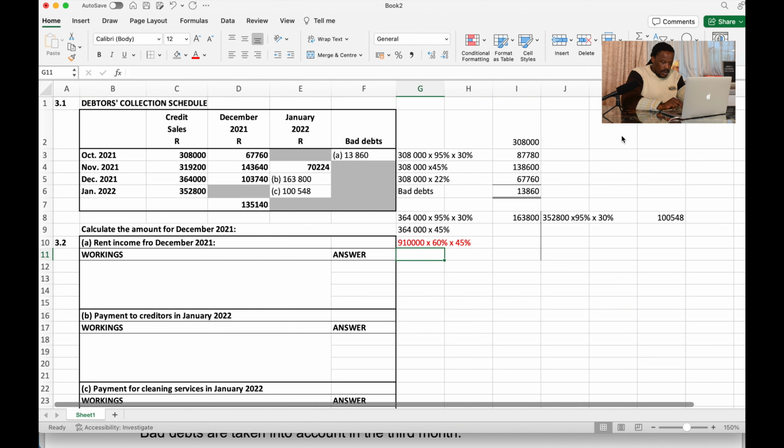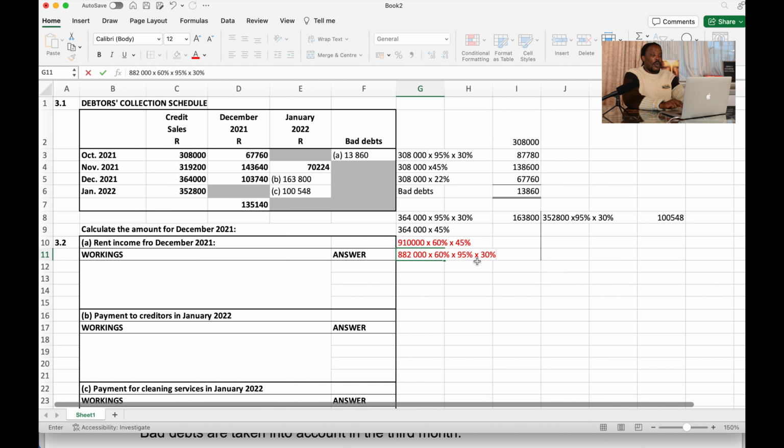So what they did, they took that total of 882,000 times 60%, which is cash. We're not dealing with cash here. We're not interested in cash; cash is cash, you buy. But when you buy on credit, there are conditions. You must sign something, and you must comply. There must be compliance. So part of the compliance here was that 882,000 times 60%, because it's the first month, like I did there, and then same calculation, but the problem was the human error. Instead of 40%, they were supposed to use 60%,